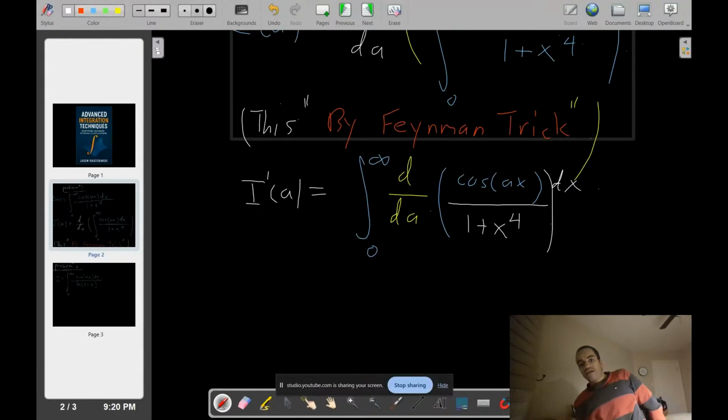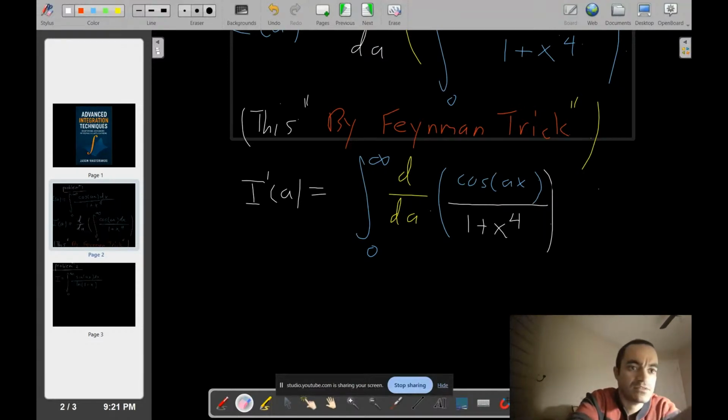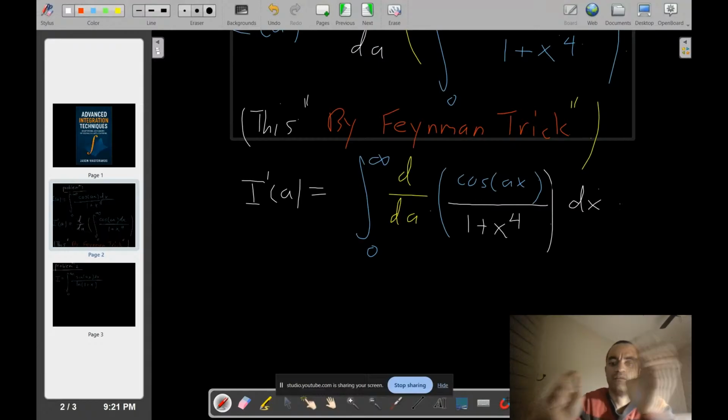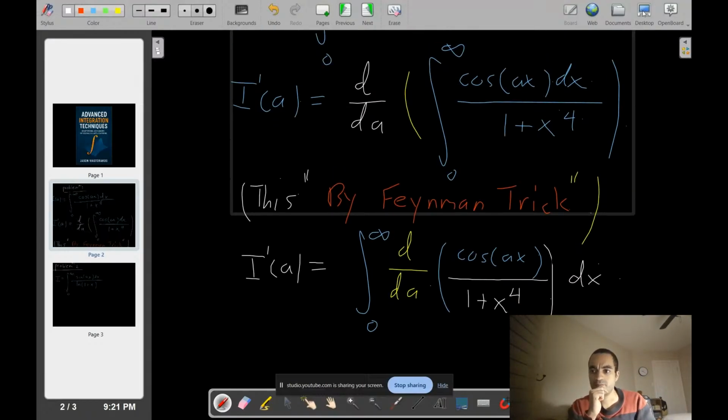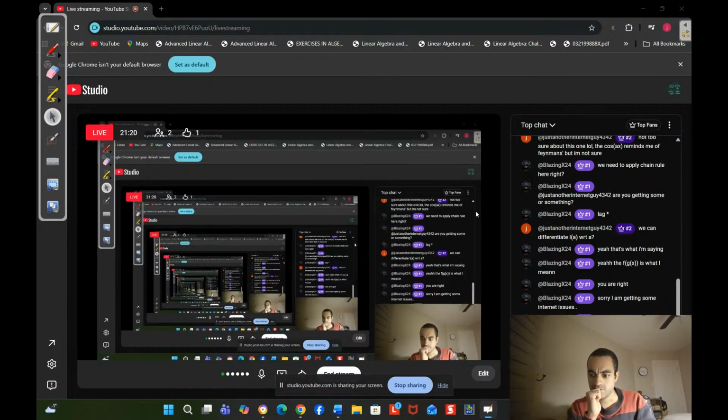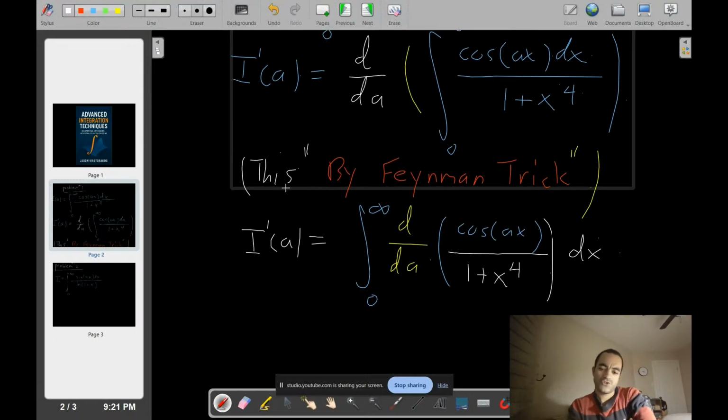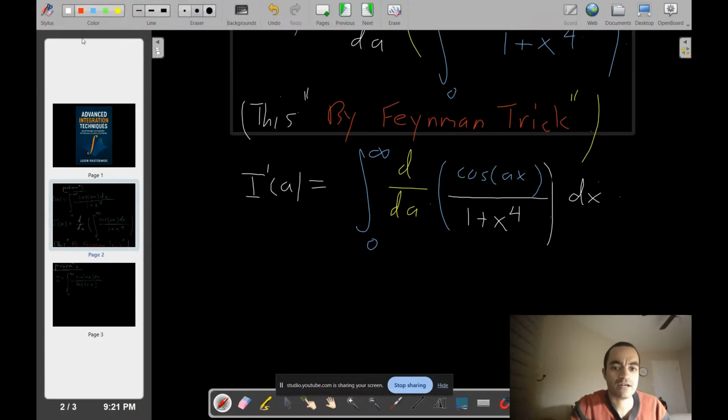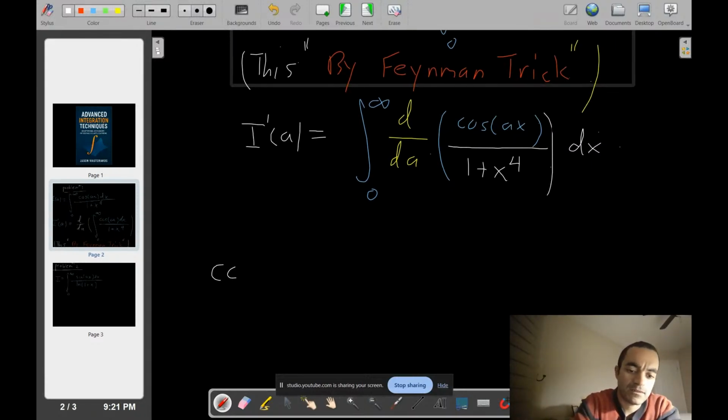So this is what we have right now. I want to move my dx down here just one second so anyone can see it. Integrate with respect to x. Using the chain rule and cosine x, I guess, because a is the problem. No, that's not where, no. There's no chain rule here. Oh, I think I know what you mean. You were treating the cosine of ax. Okay, I see what you're saying.